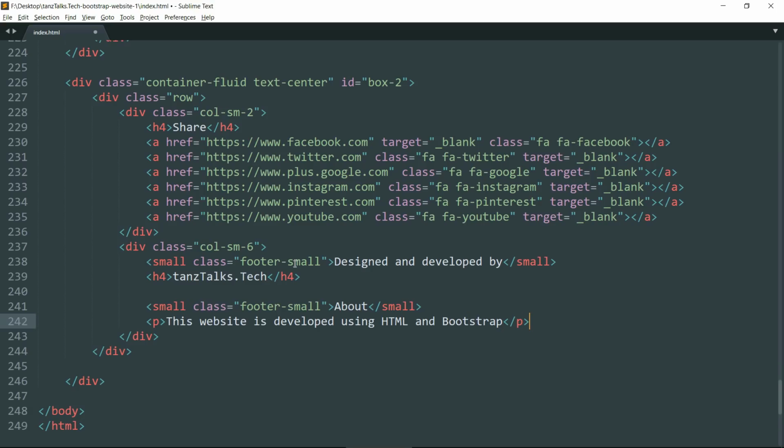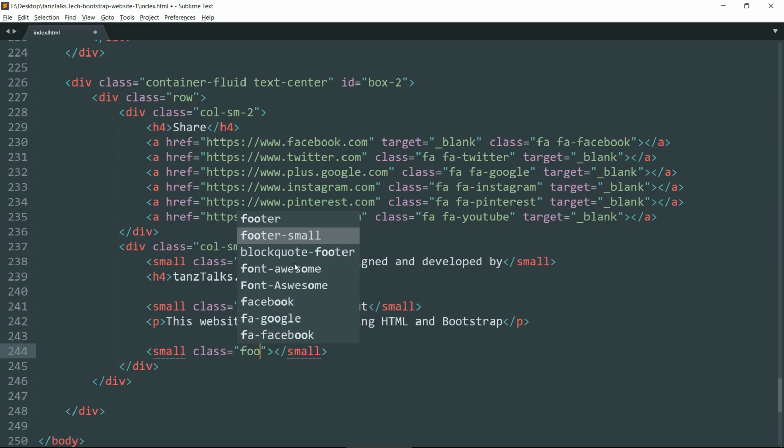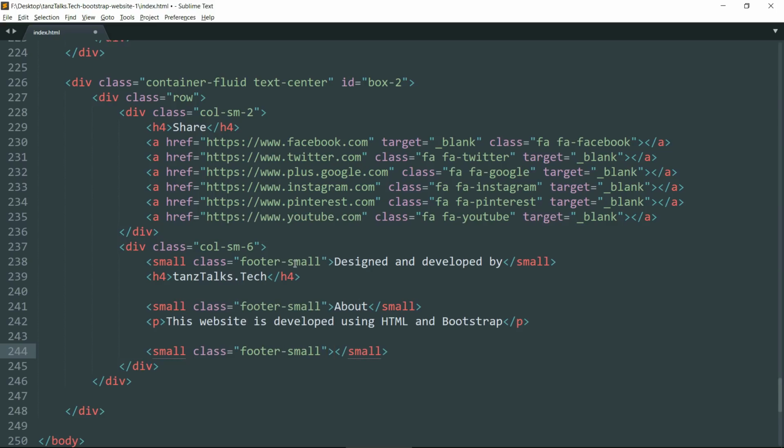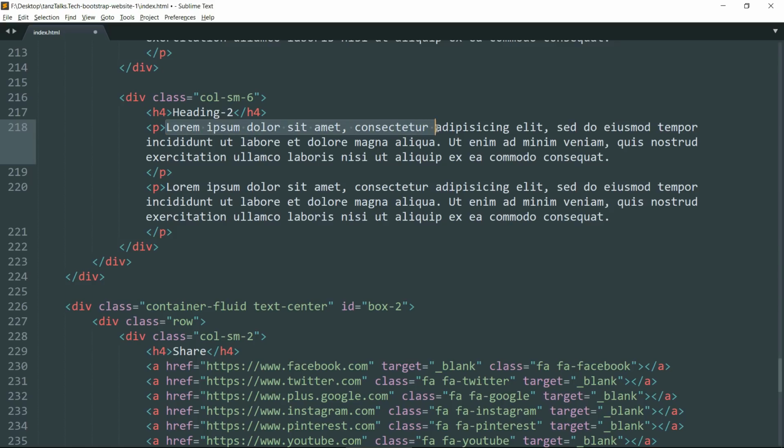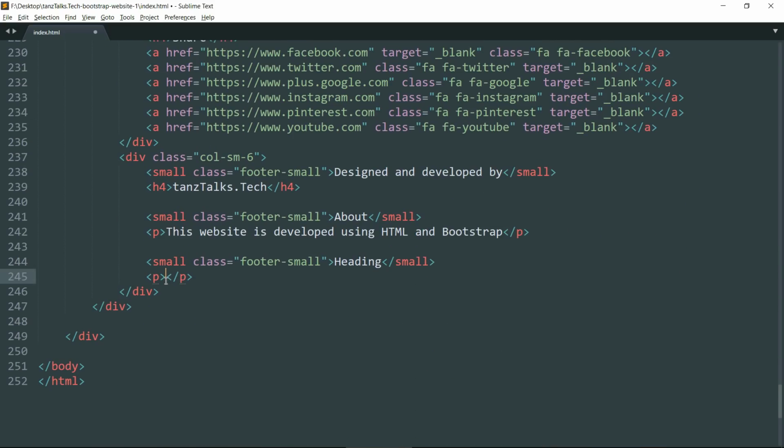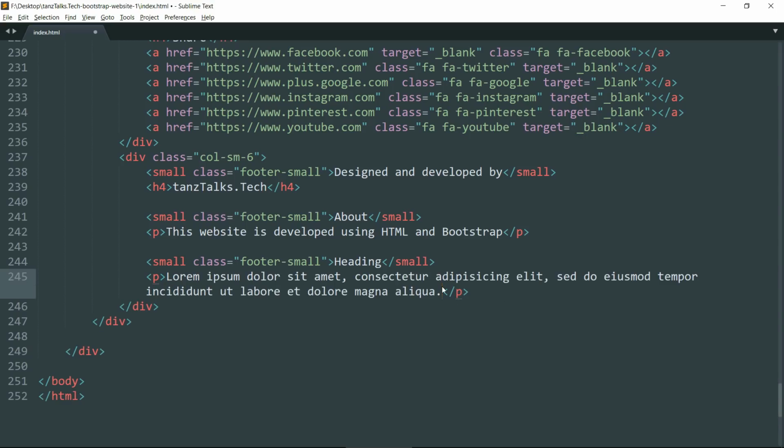Then close p tag and drop down again and create another small tag with class footer hyphen small and write heading and close this small tag. Now drop down again and create a p tag. Let me just copy the text from above and paste it here.